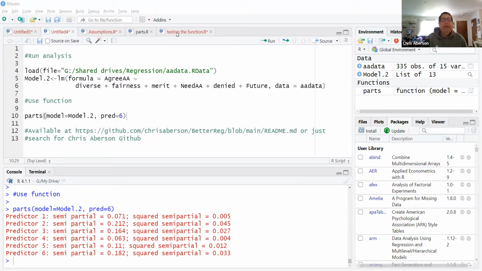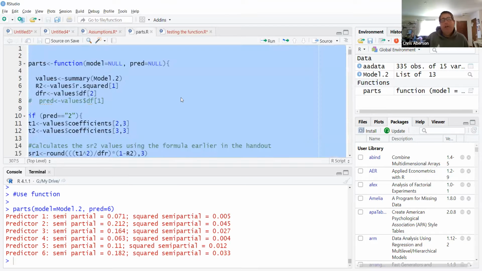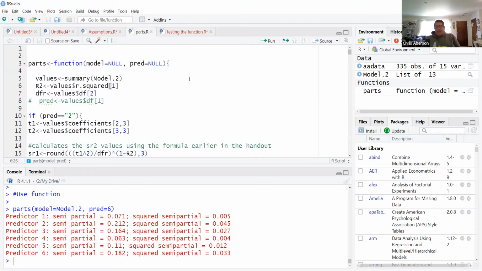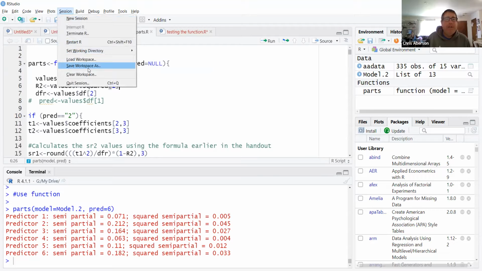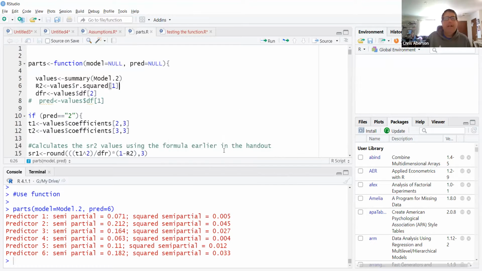So let me first go into RStudio and share that with you. And I will show you the function itself. This is a file called parts. This is an R file. It contains what is called a function. Anytime you use a command in R, LM, whatever you're using, that is actually a function that's written into a package. Functions can exist on their own, however, and can be used outside of packages, and that's what's happening here until I put this all into a package with a few other